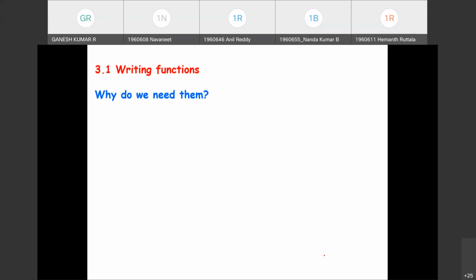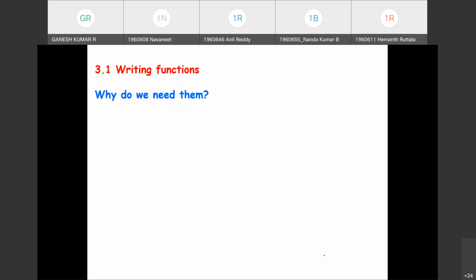Why do we need them? What is the necessity? As I said, we have come across functions in the previous topics, but the view on their merits that we have given has been rather one-sided.